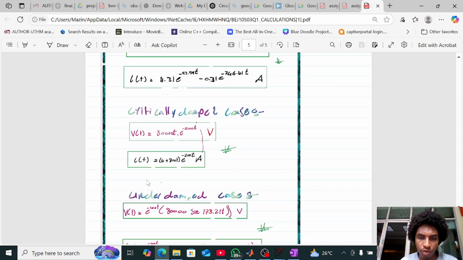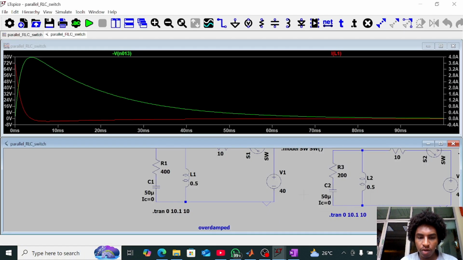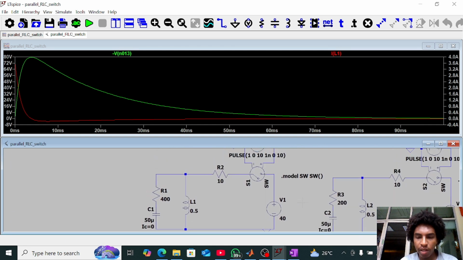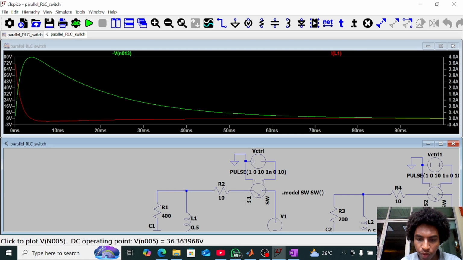Now I'm going to move on to the simulation. So we just start with the overdamped case. We used LTspice to simulate our circuit, so it doesn't have a normal switch. So this is a switch which is going to turn off or on due to the voltage supplied to it. So we got this